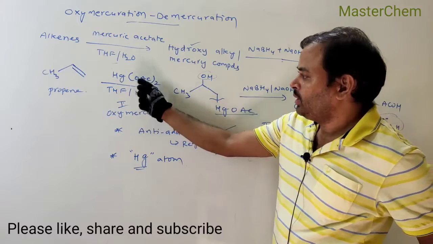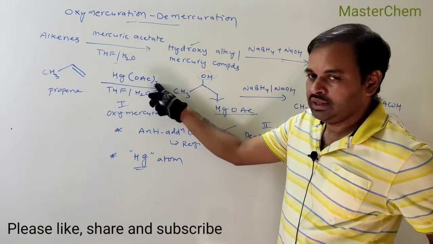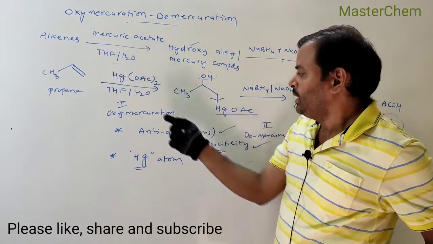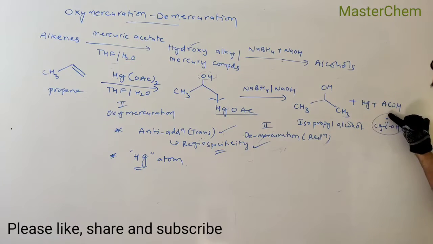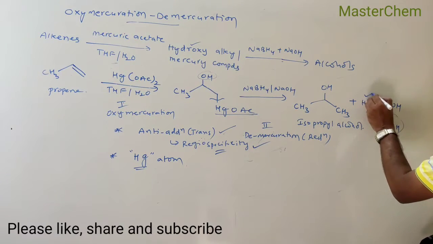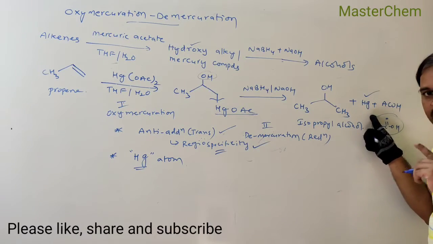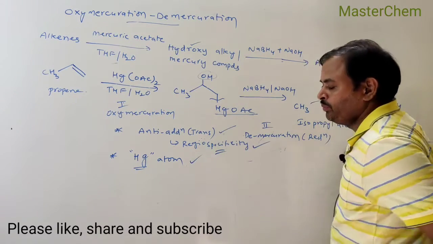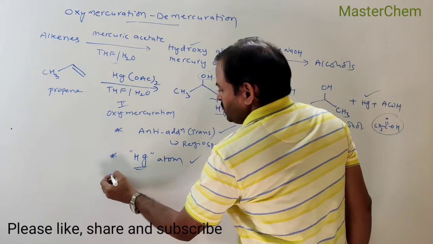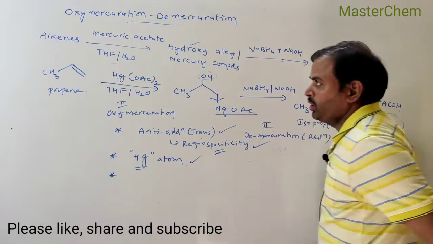From here two OAc groups are there. One OAc leaves as AcOH, and there is a final conversion of the mercury compound to mercury atom. So these are the important points in this